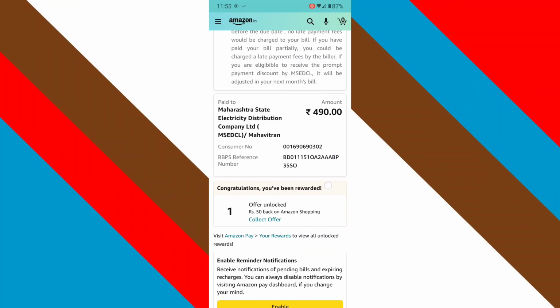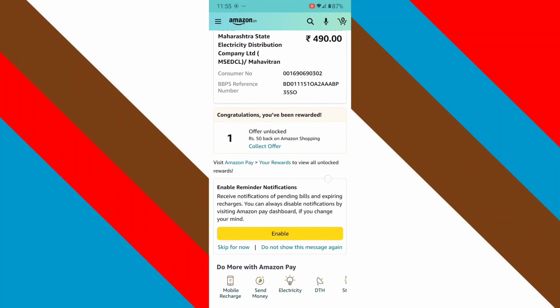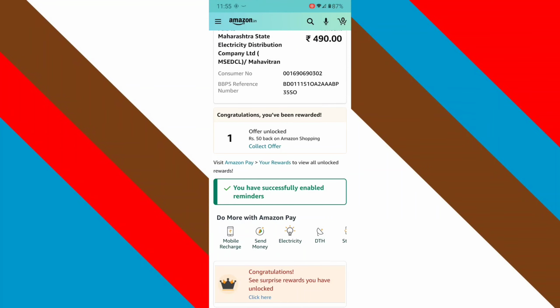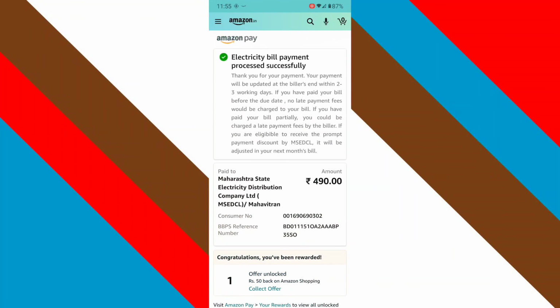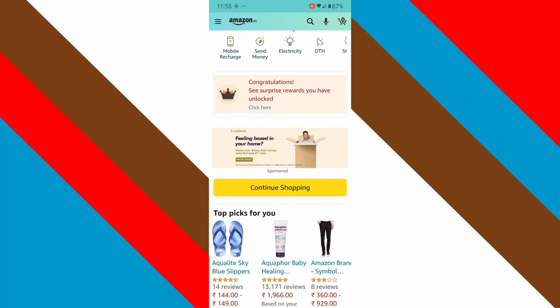So now with this method you can easily pay any electricity bills using an Amazon Pay account. Okay, guys, wait for 24 hours for your electricity bill to update. After that, if your payment has failed, your money will be refunded within 48 hours directly into your bank account.